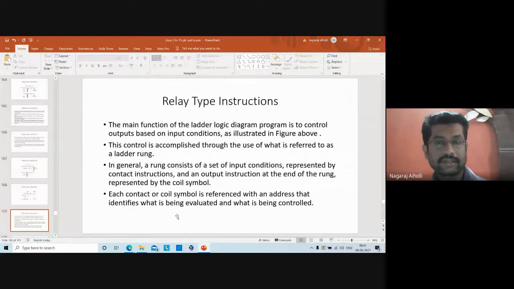Then controlling means providing the output to the output device, or energizing the output device, or turning the output device on and off based on the output provided by the program, the ladder diagram. This is called controlling. Evaluating means checking the status. Controlling means providing the output, energizing, or turning on and off the output devices.